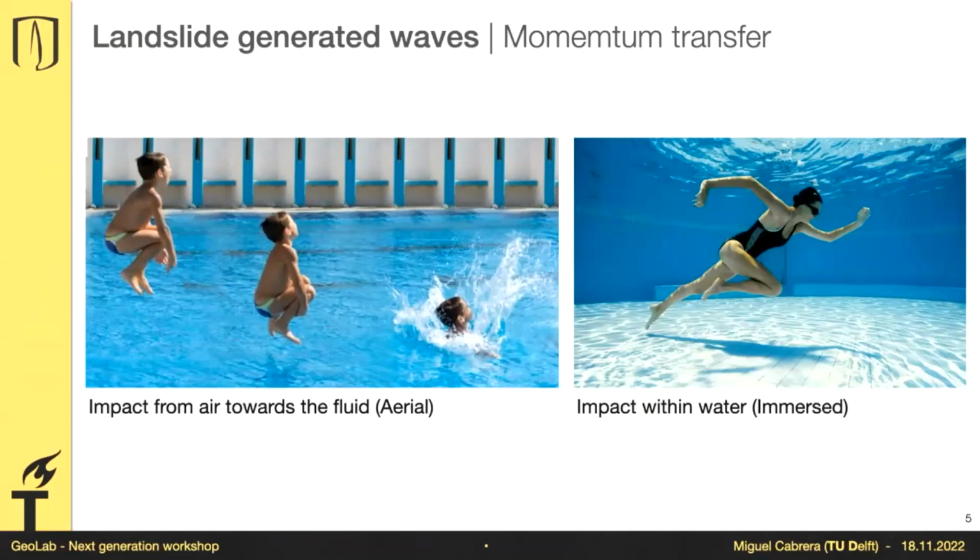So when you have a submarine landslide where half of it is underwater and half of it is in air, it becomes difficult to guess what will be the continuity equation for momentum, because part of it will be moving very fast and part of it will be moving very slow. But at the moment the fast part moves into water, it turns rapidly to a slow motion. And everything is happening while the soil is deforming because it has a permeability, and while the water is being displaced. So not a simple scenario at all. So for that comes physical modeling, to make a complex process a bit more simple.